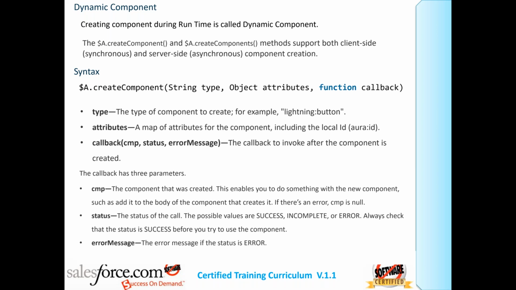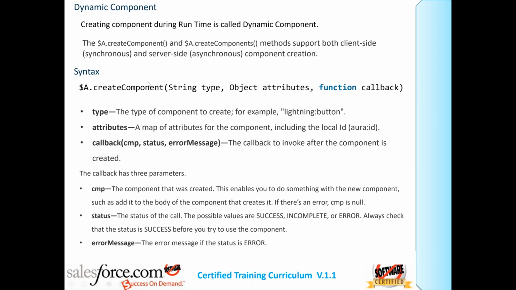So all these we call under what? Dynamic components. Creating a component in a runtime environment is called dynamic components.